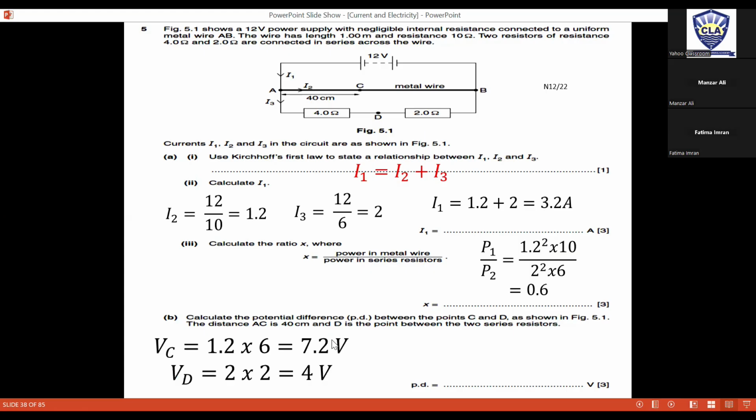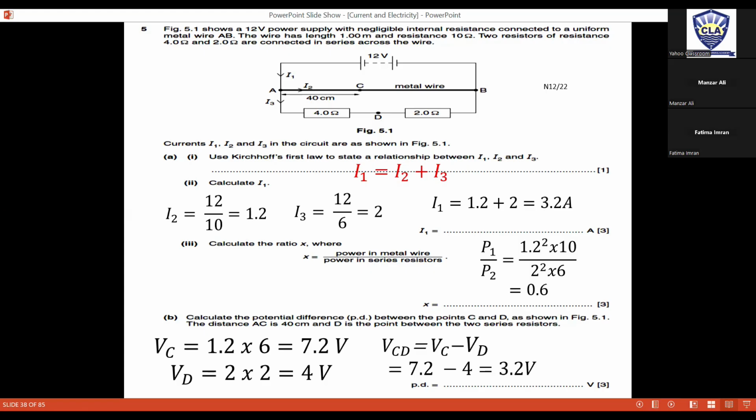अब मुझे C का पोटेंशियल मालूम है, D का पोटेंशियल मालूम है, इन दोनों के बीच का डिफरेंस विल बी कॉल्ड पोटेंशियल डिफरेंस। पोटेंशियल डिफरेंस बिटवीन पॉइंट C एंड D इज VC माइनस VD। इस तरह जब भी आपसे कहा जाएगा कि दो पॉइंट्स के दरमियान पोटेंशियल डिफरेंस निकालें, तो आप दोनों पॉइंट्स का पोटेंशियल निकालेंगे और उनमें से सब्ट्रैक्ट कर देंगे, तो दैट विल बी योर पोटेंशियल डिफरेंस। So here the potential difference comes out to be 3.2 volt